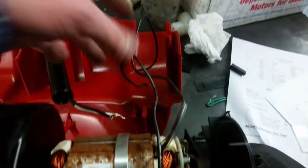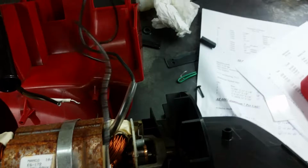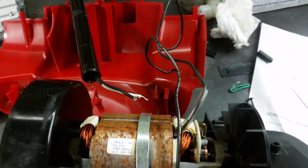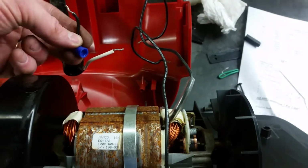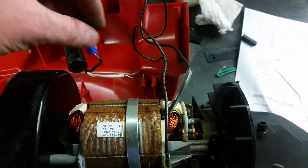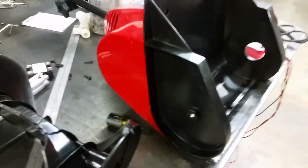One other thing I wanted to say: at the bottom of this handle, these wires were wire nutted to the motor coming down the handle. They were on there tightly, but I read somewhere that someone else had found one that had come off, so that would be something to check too. So if yours just doesn't work at all, that could be the problem as well. I just wanted to do a quick